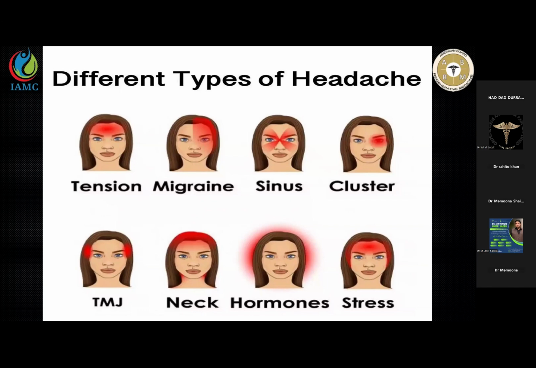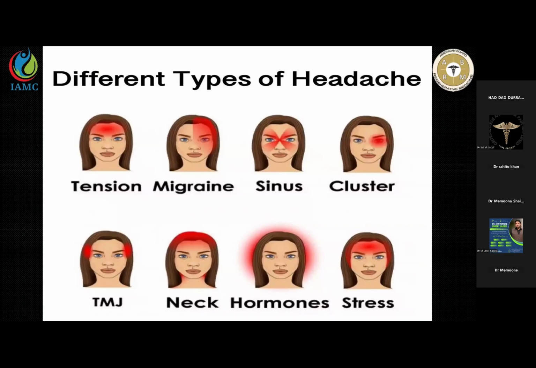Cluster headache: there is one very specific test that if you start giving 100% oxygen to the patient, they will start feeling better. This is how you differentiate between cluster headache, migraine, and other types of headache. TMJ dysfunction: patients start feeling pain around the jaw and somehow in the head. And then there is cervicogenic pain, where the patient complains of pain in the backside or upper side of the head,